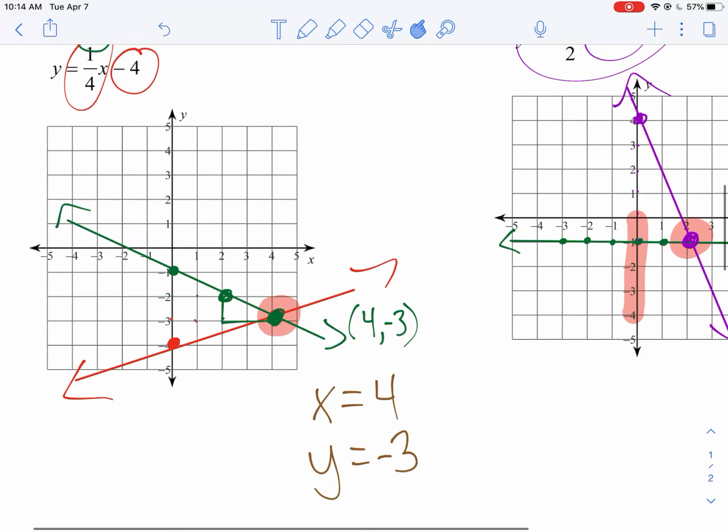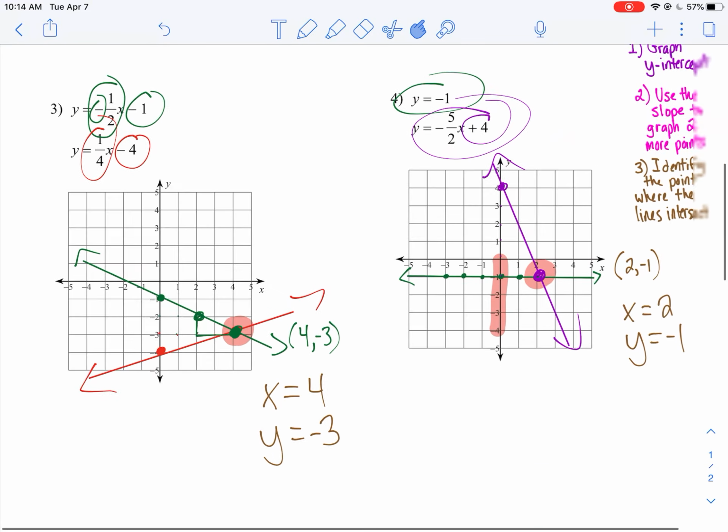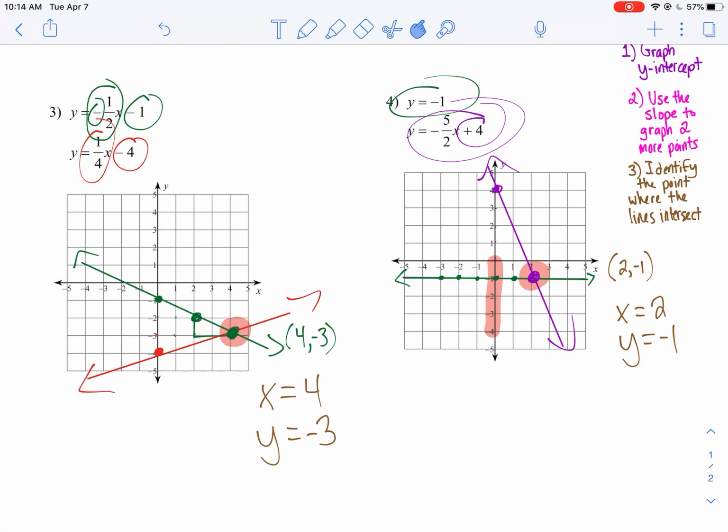That's why we do it like this. We graph it, so it's a little easier to do it that way. We don't have to do a lot of math, but ultimately you need those x and y values. That's really important. So if you didn't do that, identify those ordered pairs. And if you made mistakes on